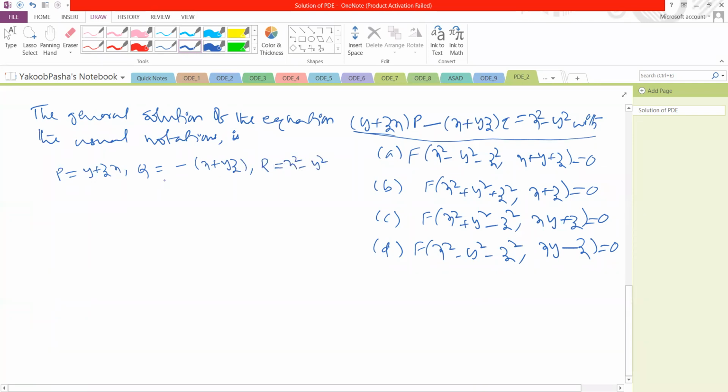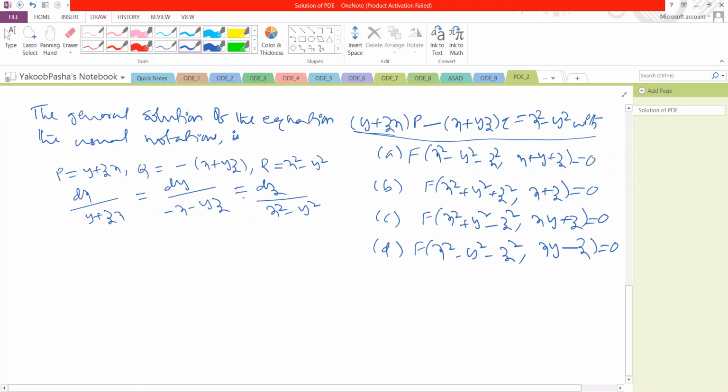And the corresponding auxiliary or subsidiary equations are dx by P, that is y plus zx, is equal to dy by Q, that is minus x minus yz, and dz by R, that is x square minus y square. Now we have to solve these equations by